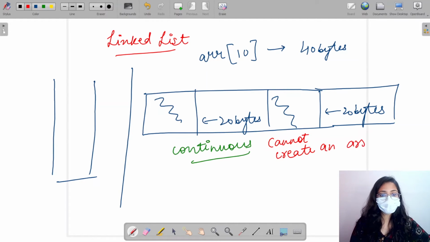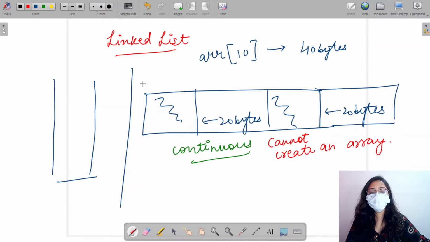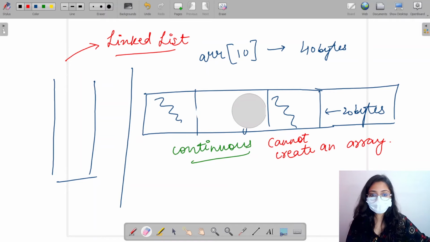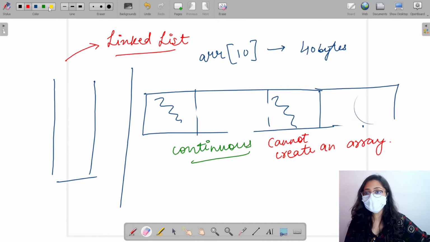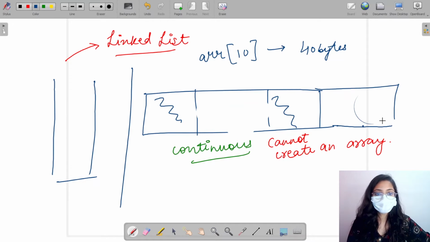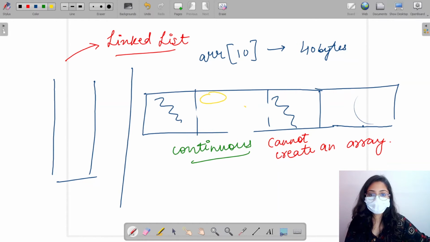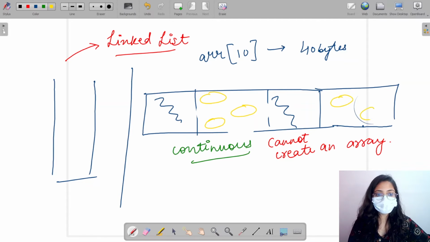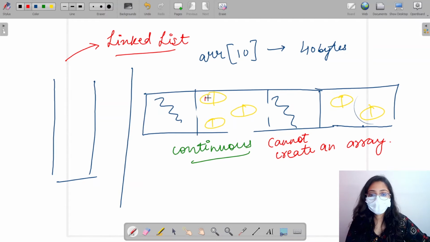I obviously need to store my elements, the data. So in this case, I have another data structure which is introduced to me, which is known as a linked list. So what happens in a linked list is, over here, I have a few nodes, something like this. I know it seems confusing right now. I'll tell you what I'm doing. Over here I have my data, suppose 10, 20, 30, 40 and 50. Now these are fragmented. They are distributed, they are spread randomly.